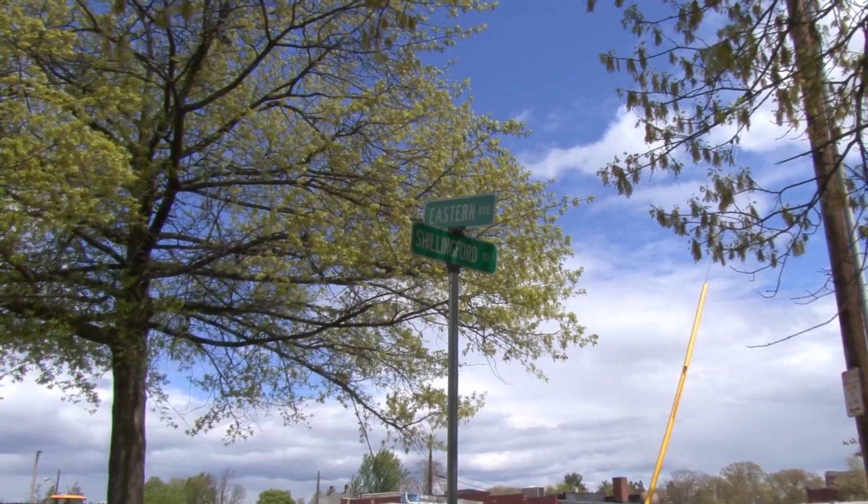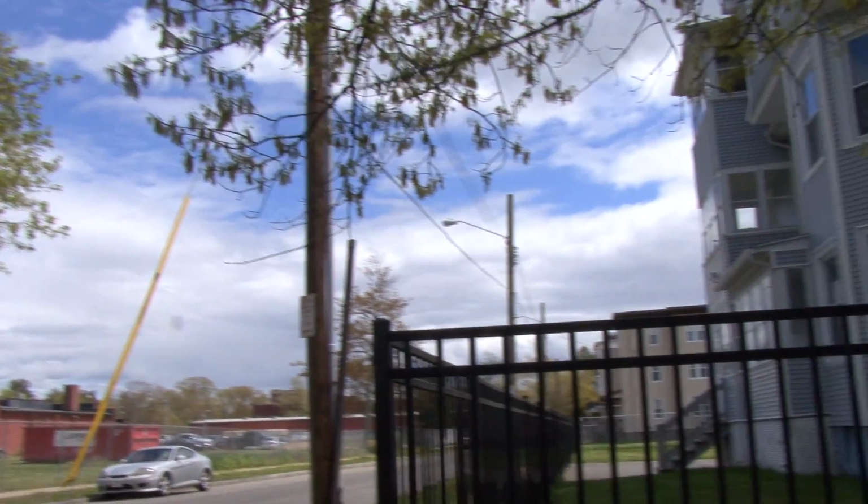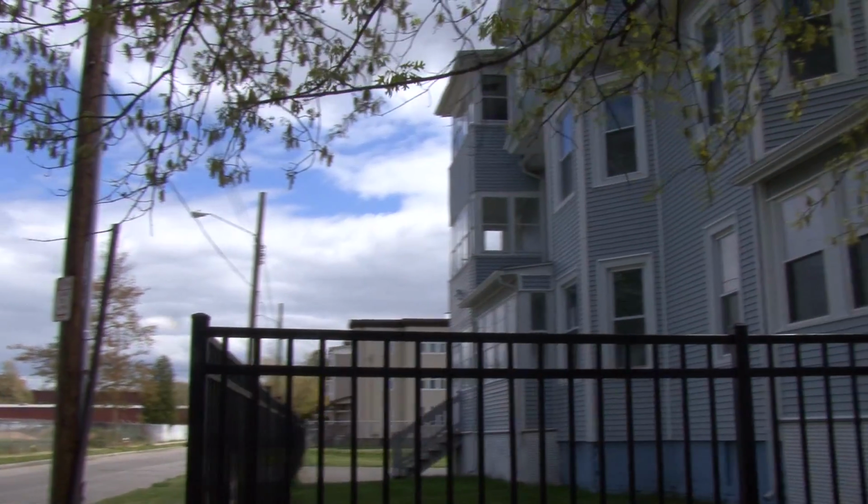So we are right now still solidly in the neighborhood. We're on the corner of Eastern Avenue and Shillingford Street, probably 5 blocks down from the rectory space that will be the permanent center for leadership and civic engagement. And we are at this temporary location because as we purchased the rectory and worked with an architectural firm, we